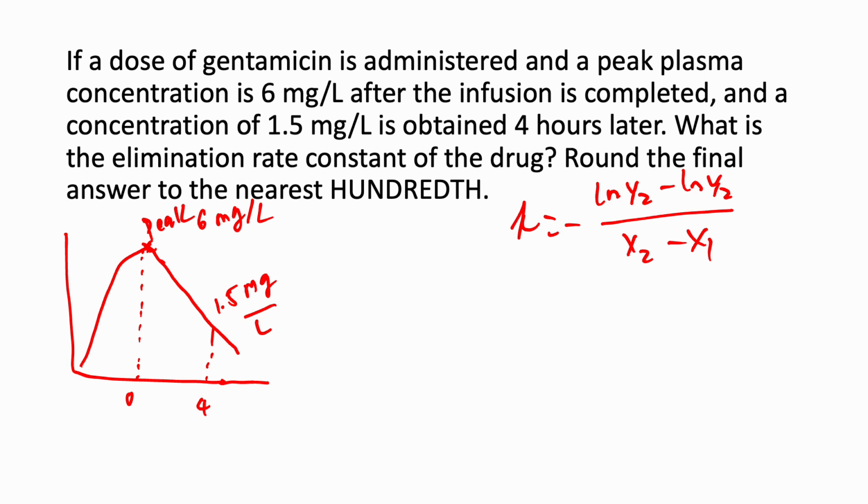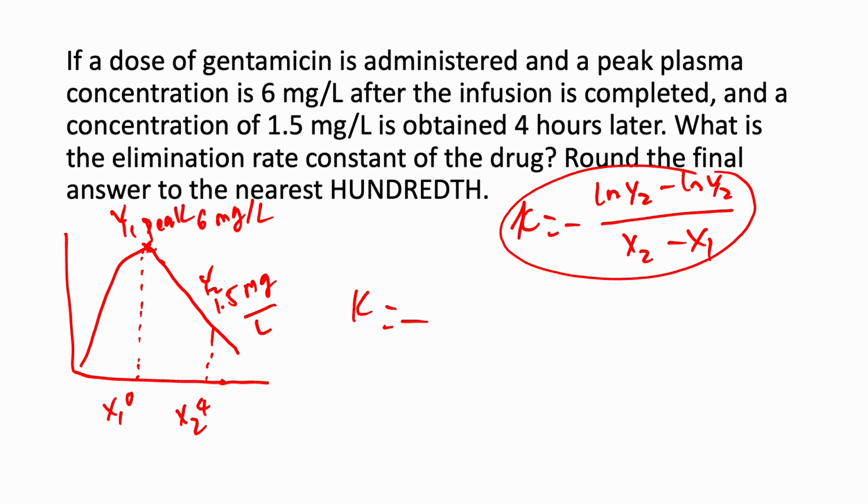So then we can calculate the value of K. If I call this one x1, I have y1. I call this x2, I have y2. So using this equation, K equals the negative of natural log of y2, that means natural log of 1.5, minus natural log of y1, which is natural log of 6, divided by x2 minus x1, which is between them 4 hours. So you have 4 hours here. So equal to negative value of